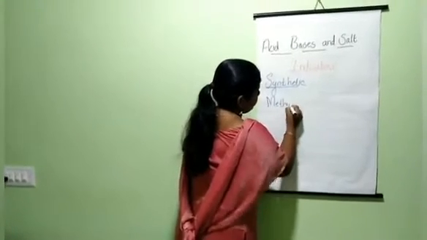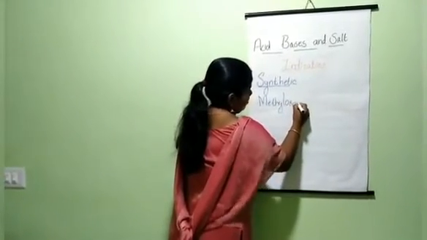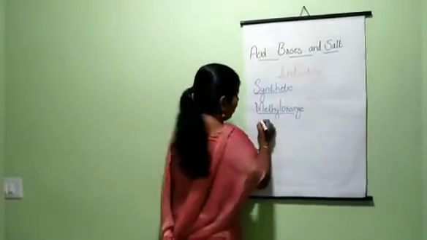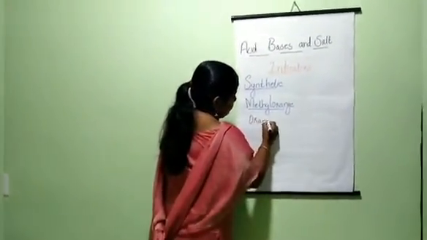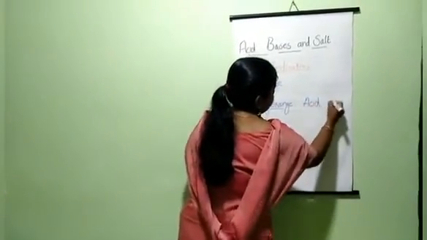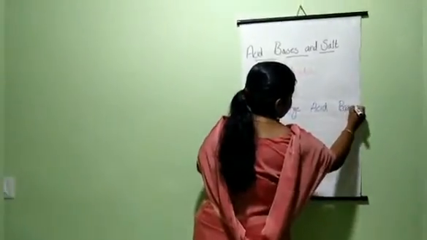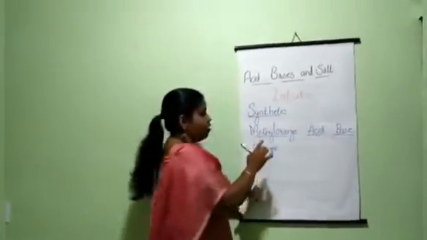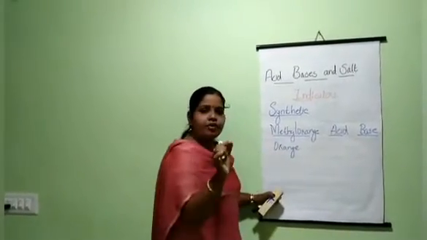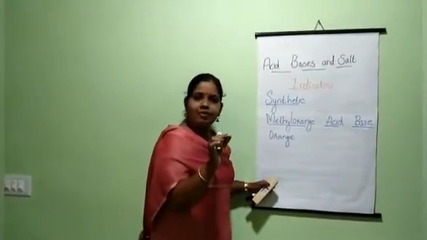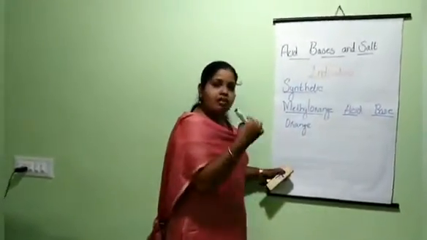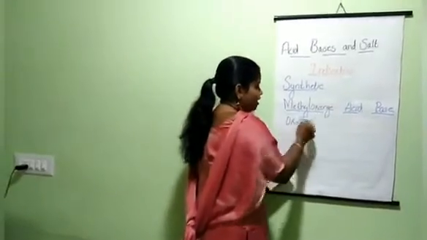First one is methyl orange. The neutral color of methyl orange is orange. We have to discuss the color change in acidic and basic solution. Methyl orange is available in liquid form. When we add a drop of methyl orange to a given solution, if it is acid, the orange color changes to